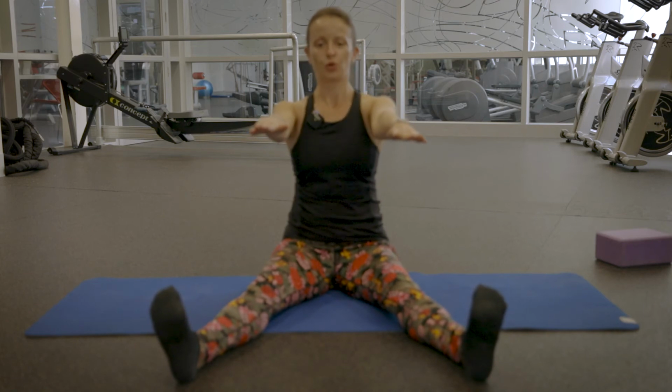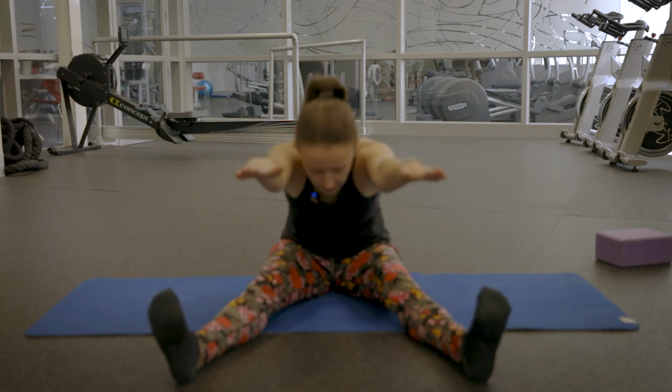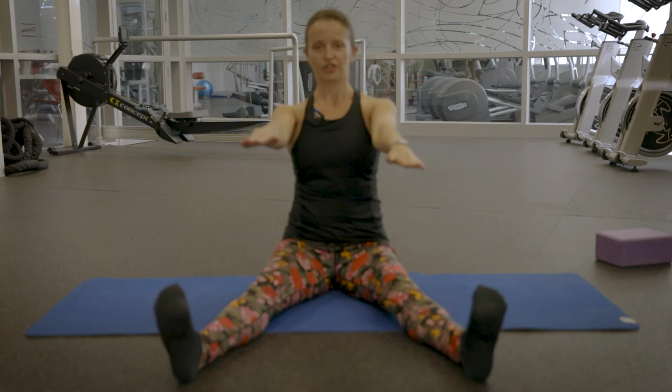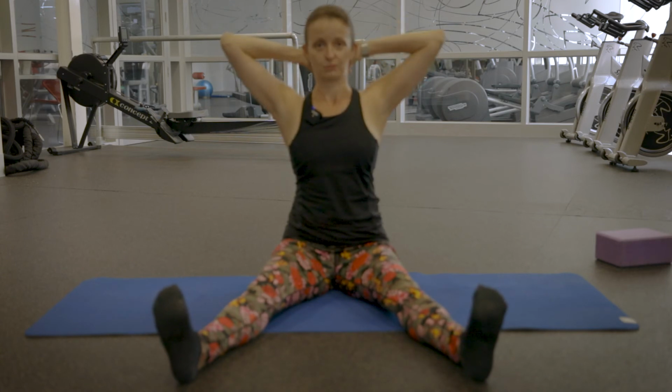And one more. And return. Next, coming into our saw, we will bring our hands behind our head, clasp the fingers together, elbows